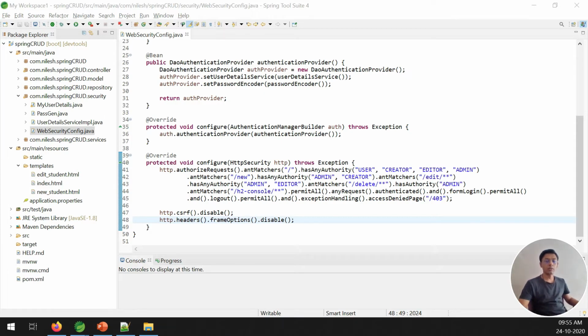My name is Nilesh Dutatra and this video is about the Spring Security custom login page. So how can we create a custom login page? In the earlier video we saw that we use Spring Security, and by using this we used the inbuilt login page that is provided by Spring Boot itself. So if we want to create our own login page, what changes are required? This video is about that.